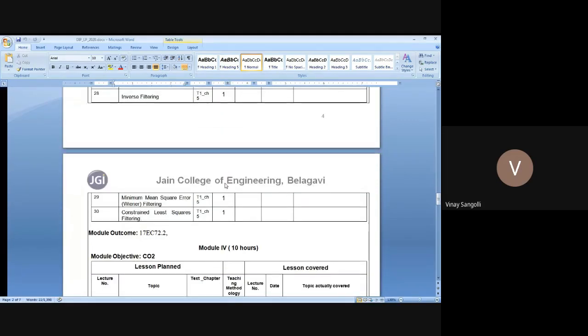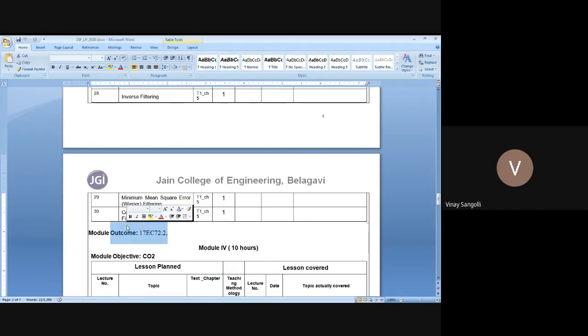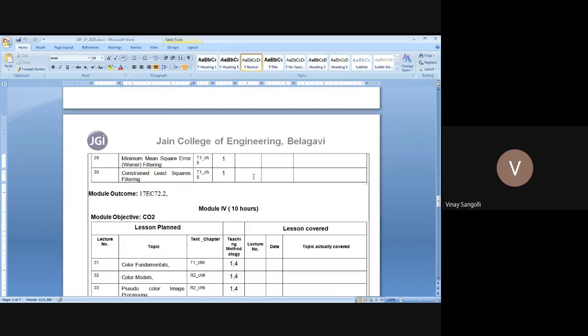We will also come upon some noise reducing techniques, wherein we can reduce the noise. One such technique is using the Wiener filter. Using the Wiener filter, we will try to reduce the noise. Another method is using your least square method. Again, it is a filtering method. We will be using that as well.